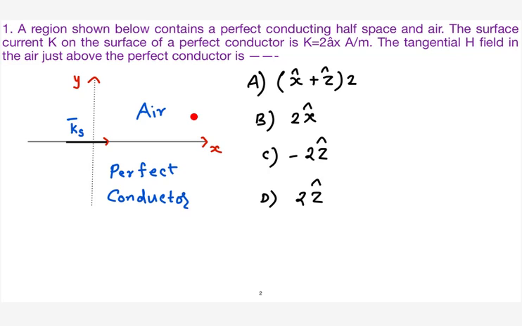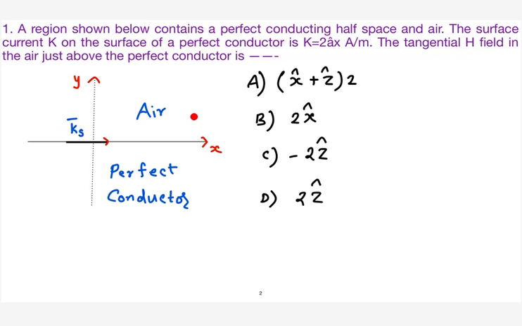So somebody is saying B. Are you 100% confident? Now only you can test here, you see. Sir, I just applied the formula H tan 1 minus H tan 2 equal. That's okay. My point is very clear. Were you 100% confident that B is correct, or what is your confidence level? 50-50. 50-50. So you have doubt, which means that as I said, your answer is exactly wrong. Correct. That's what happens in magnetic fields. Your concepts have to be very clear.